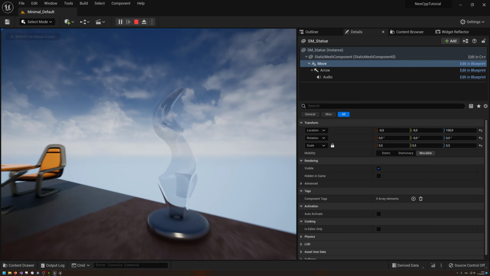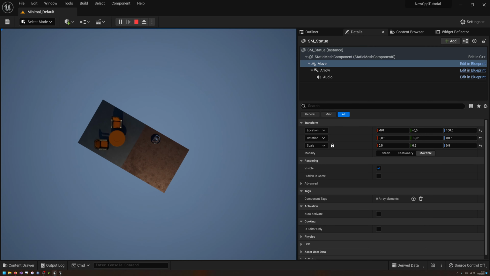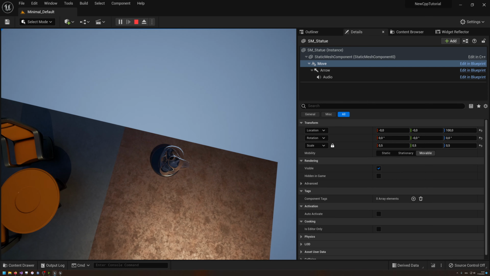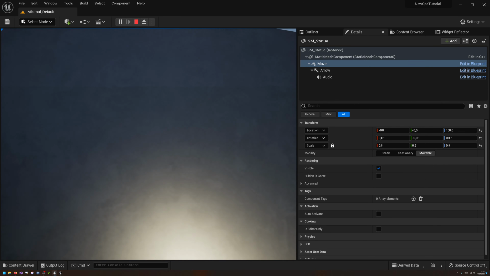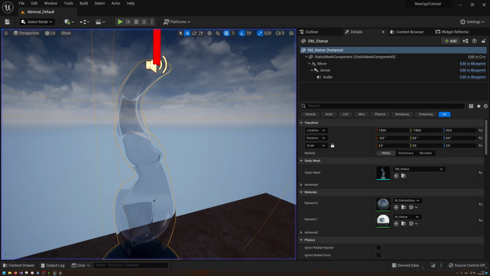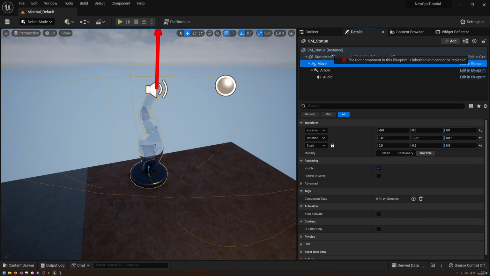The mesh, well, it's actually doing stuff. Actually, the audio should be most loud somewhere here. Yeah, I hear it on the right now, and it's a bit quieter if I go down here. So this kind of works, but well, we actually want to have the move as a parent, but we cannot